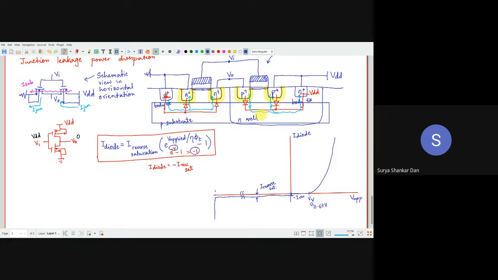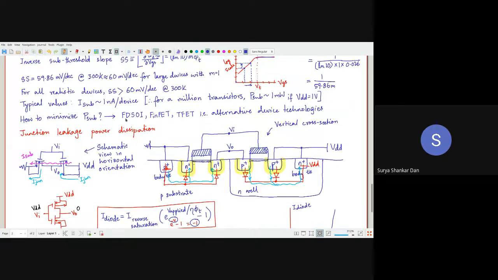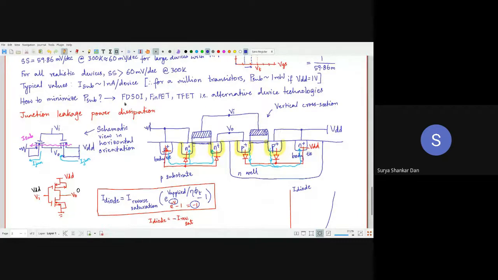So this buried oxide is one of the topics which we will be studying later on. We have done it in detail from the device aspect in our PMMD course, but this time we will do it from a circuits perspective. That is FDSOI. SOI means silicon on insulator. That insulator is the buried oxide, as your friend has rightly said. So this is silicon. The surface, channel region, surface region, वो silicon ही रहेगा. But the bulk part, that is substrate, envelope, ये सब SOI मतलब buried oxide से.